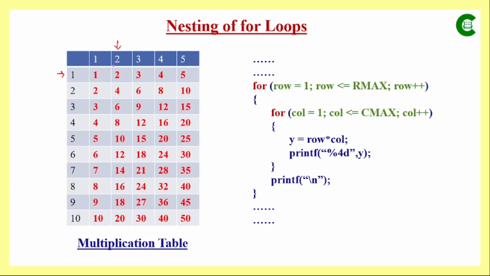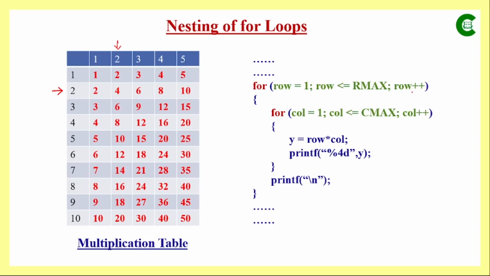Why new line? Because after we have printed all these values, now we will go to the next row, and for printing those values for the next row, those multiplication results, we will be printing in the next line, and that's why we have used here a new line character. So now here we will be printing, and for that we need to set the row value 2. So the program control will go back to the outer for loop, and that row, this counter value will be